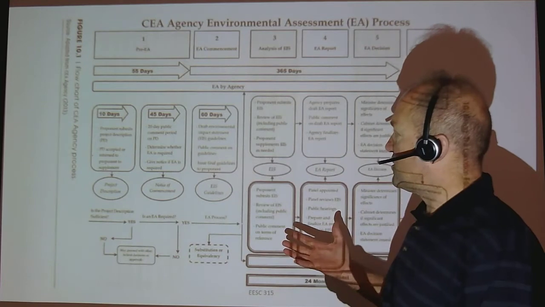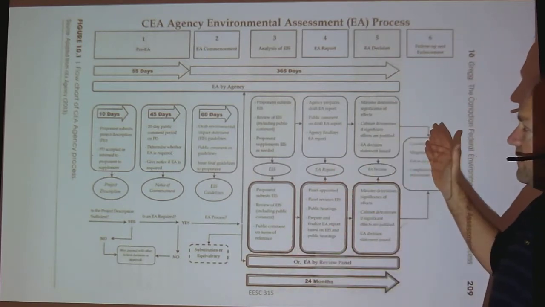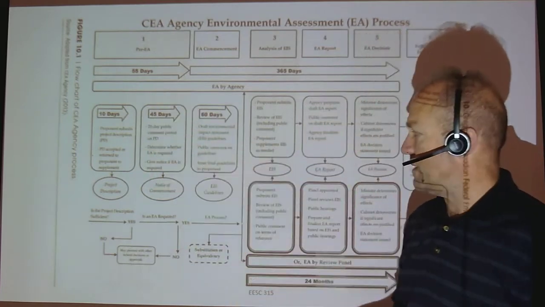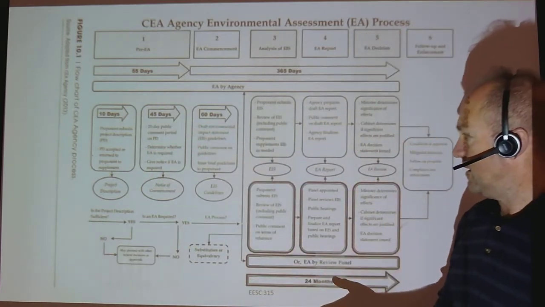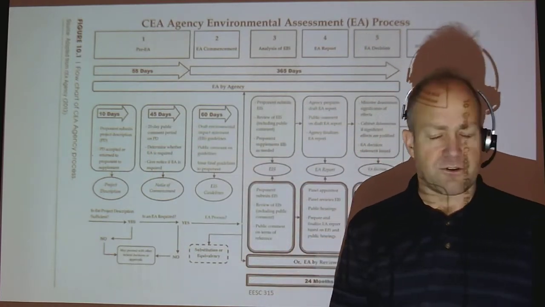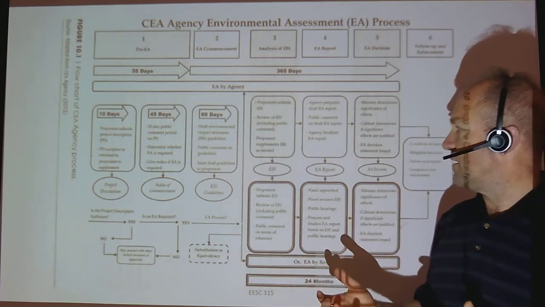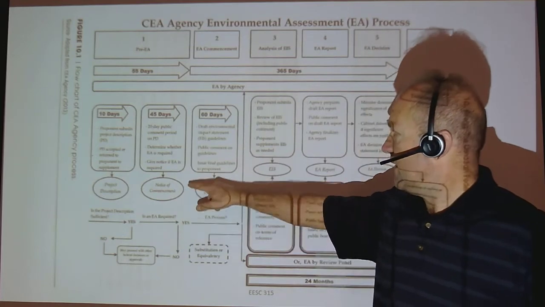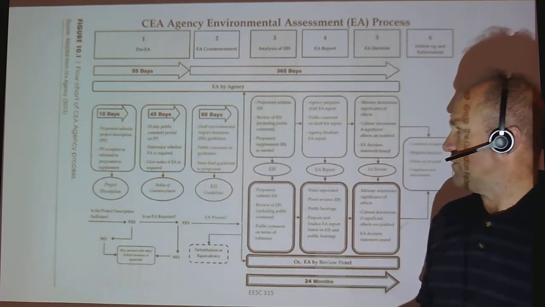Similarly, we have a national process. It's got the same sort of components to that. So the proponent is going to submit a project description to the government. The government will determine whether or not an EA is required. For any large project, that's going to be yes, an EA is required. There will be a public notification period,